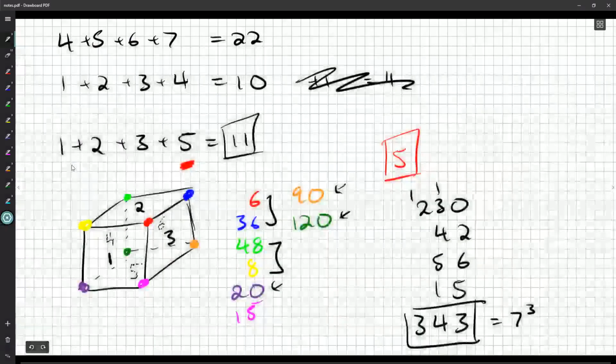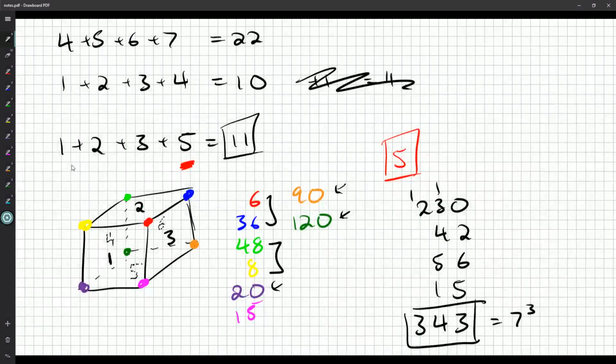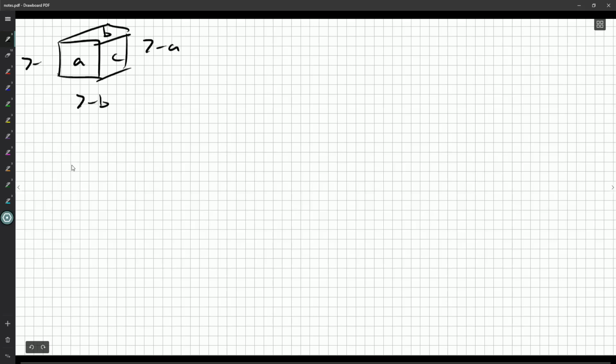I think I might. I feel like there's got to be a way to do the 343, so I'm going to try and play around and think of a way to do 343, 7 cubed, just as is. So if I imagine my dice with A, B, and C, and 7 minus A back here, 7 minus B down there, and 7 minus C here, what could I have? Well, if I list out the possible values,